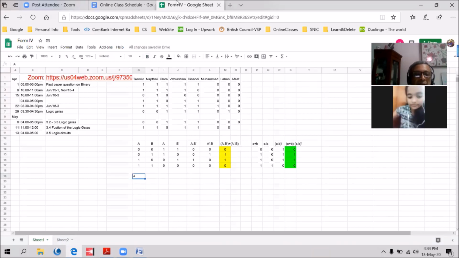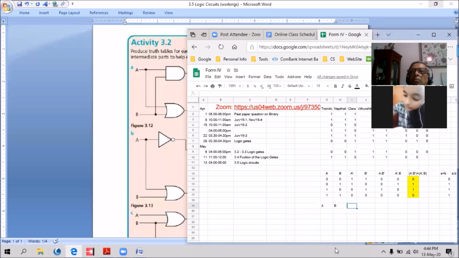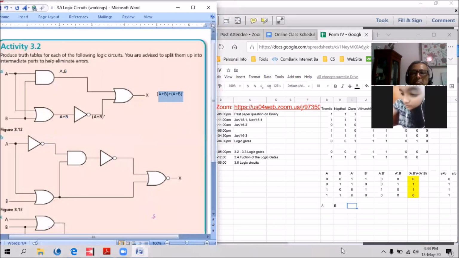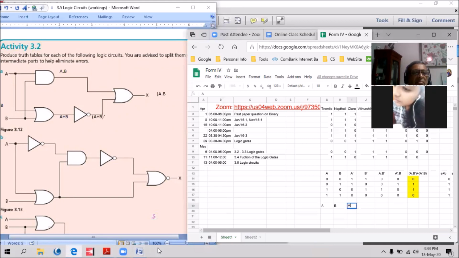So A, B, the third column is A dot B. Both we took as A plus B. Done.